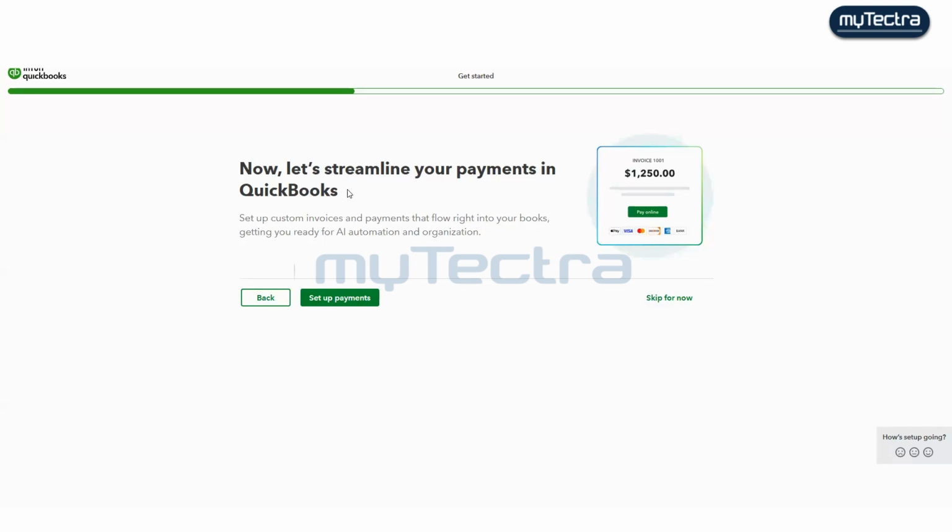From your account the payment will be deducted, and once I receive it, automatically it will pop up in my QuickBooks that the payment is made from your side. In that case we need to set up the payment. But of course we are not going to set up anything like this, so we can skip for now.